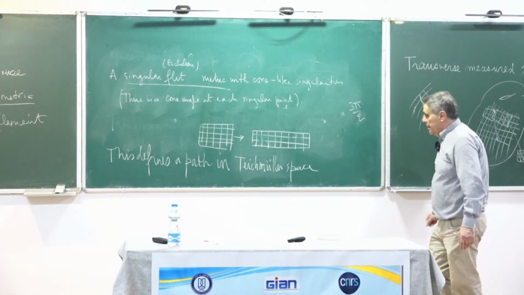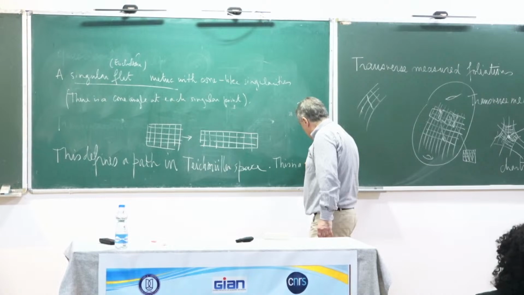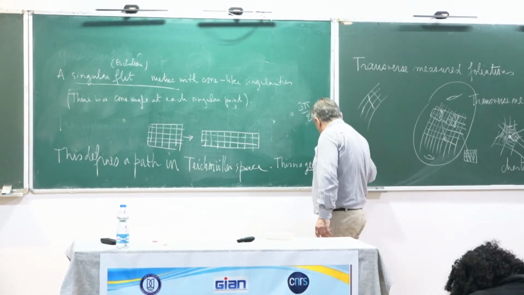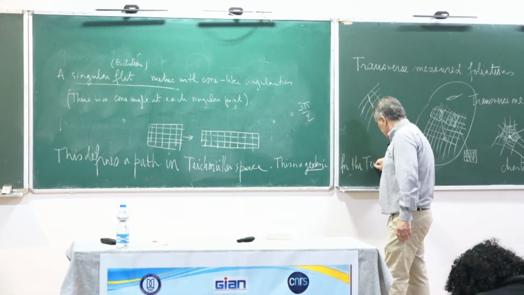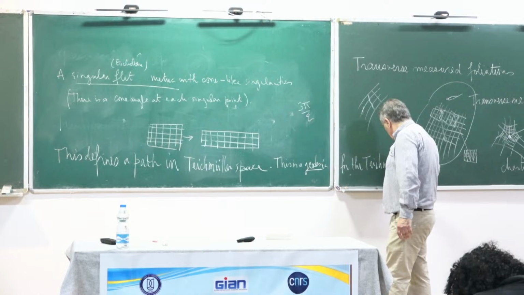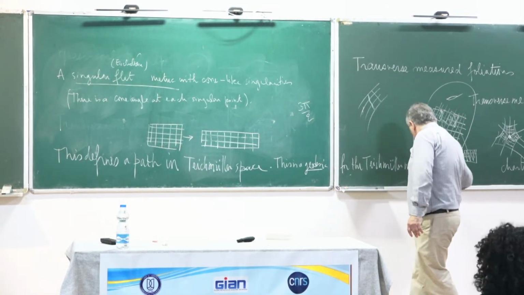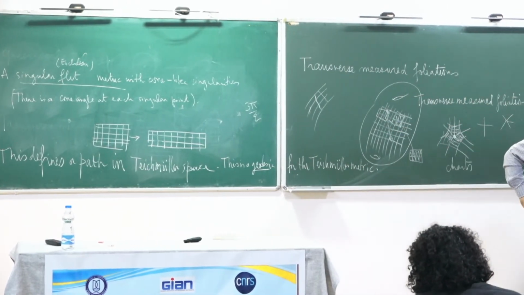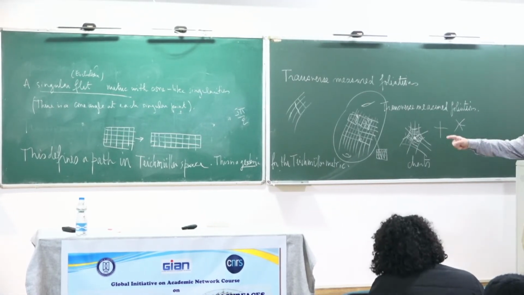And what I'm saying is that this path is a geodesic for the Teichmüller metric. This is a very important result, in fact. So this Teichmüller metric,